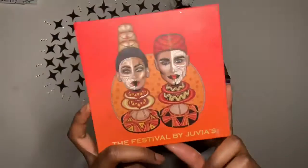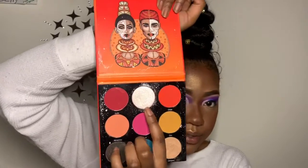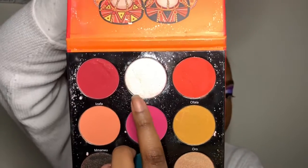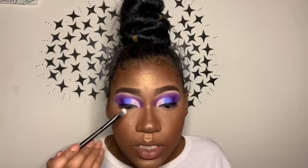The Festival by Juvia's Place. I hope I'm not saying that wrong, but I'm gonna take that shade on this flat brush. This is the brush I use to apply the white eyeshadow, and I'm just going to